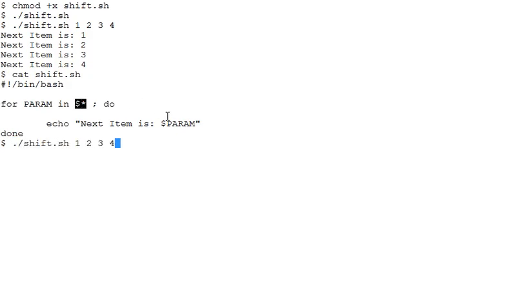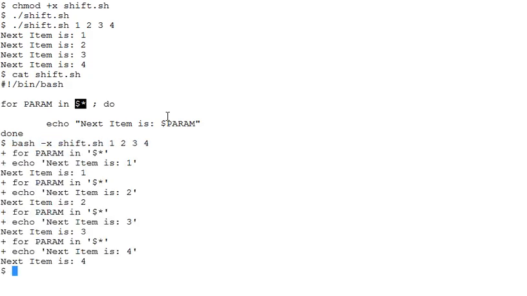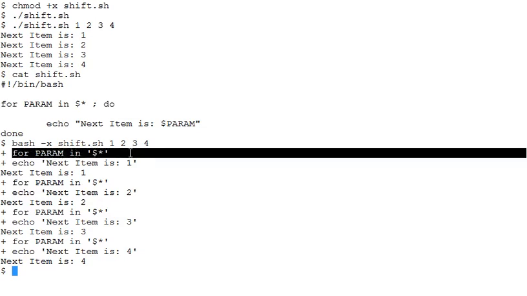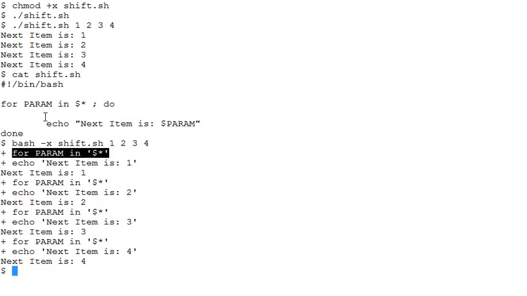Let's see it in the debug mode, how it works. So you see the statement, the loop for param in $*. The next command is echo next item is $param.